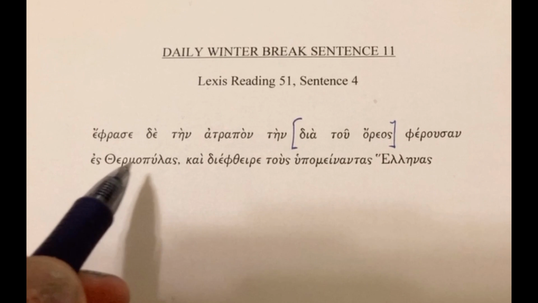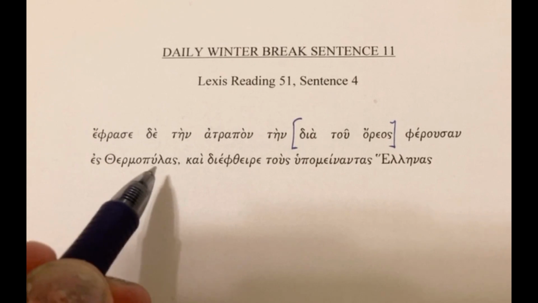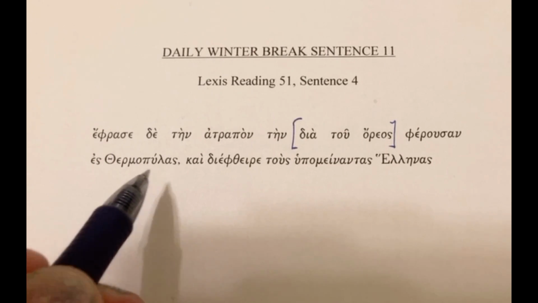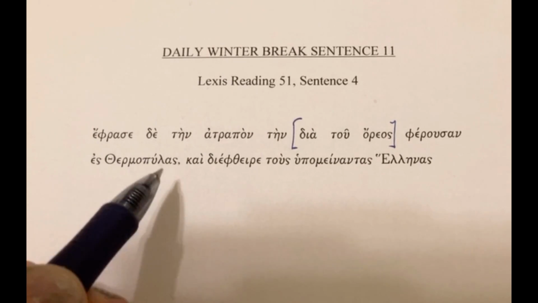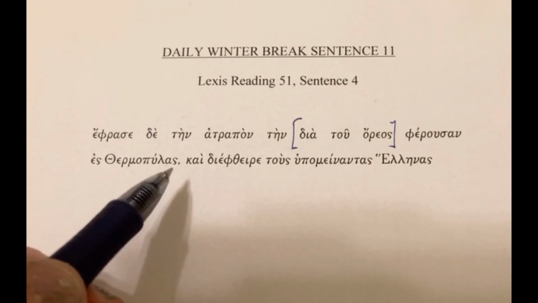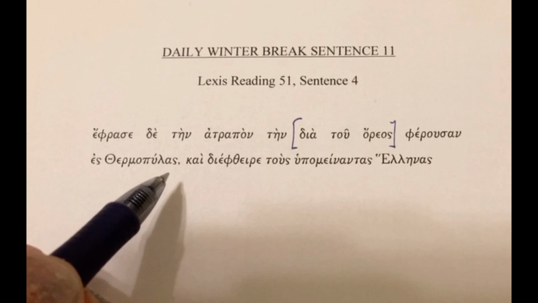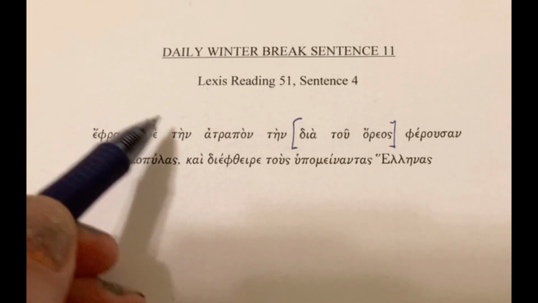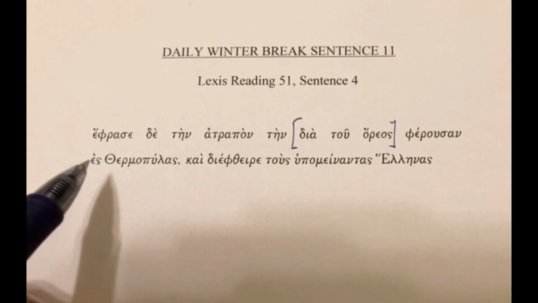Literally hot. There's thermo, like thermometer, and pula. We saw this before in the Propylaea, the gates of the Temple of Hephaestus in the Rhampsinitus story. So the name of Thermopylae means the hot gates, and it's plural. A lot of place names are plural, actually. Think about Athens. The reason why there's an S at the end is because in origin, Athens is a plural noun. So in any case, and he showed the path, the one bearing through the mountain to Thermopylae,